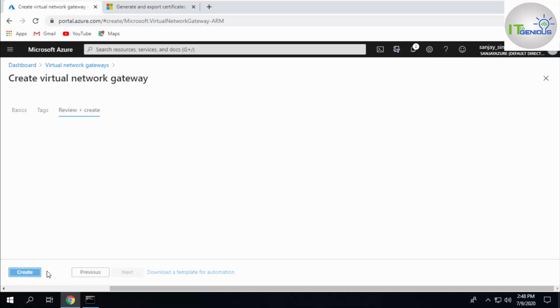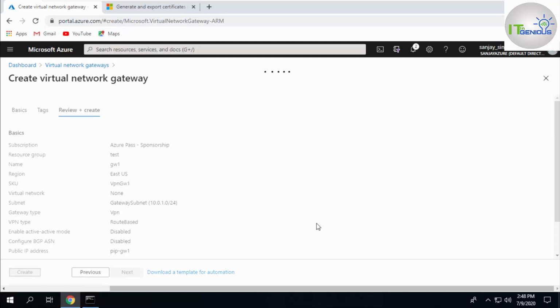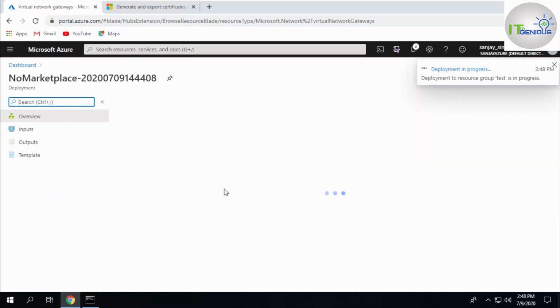Now review and create. Click on create. This deployment will take between 15 to 22 minutes. So you need to wait at most 25 minutes. What we can do till then,